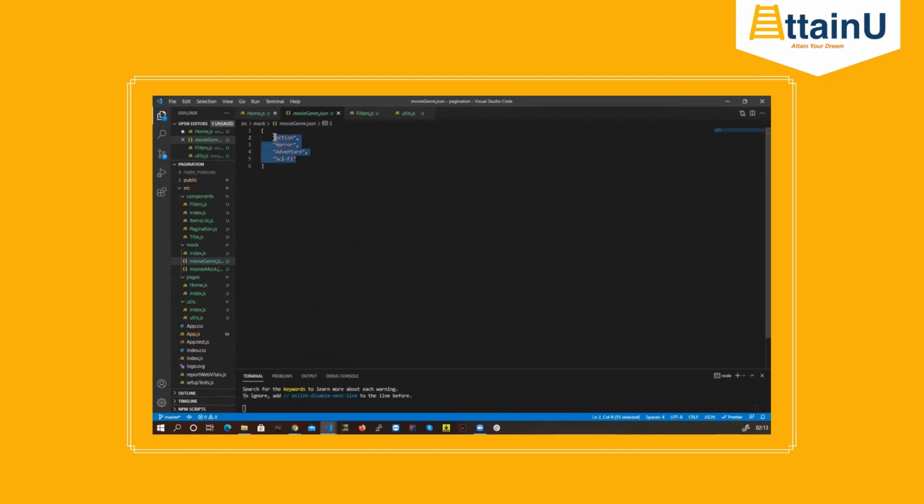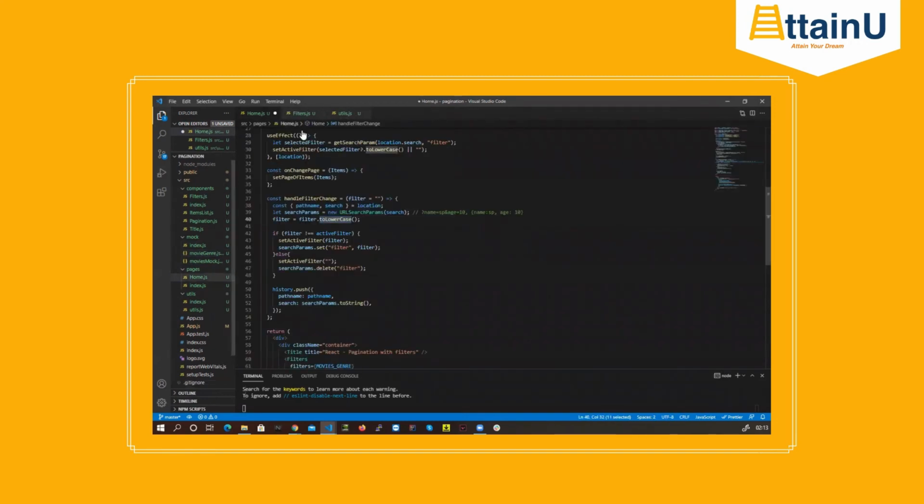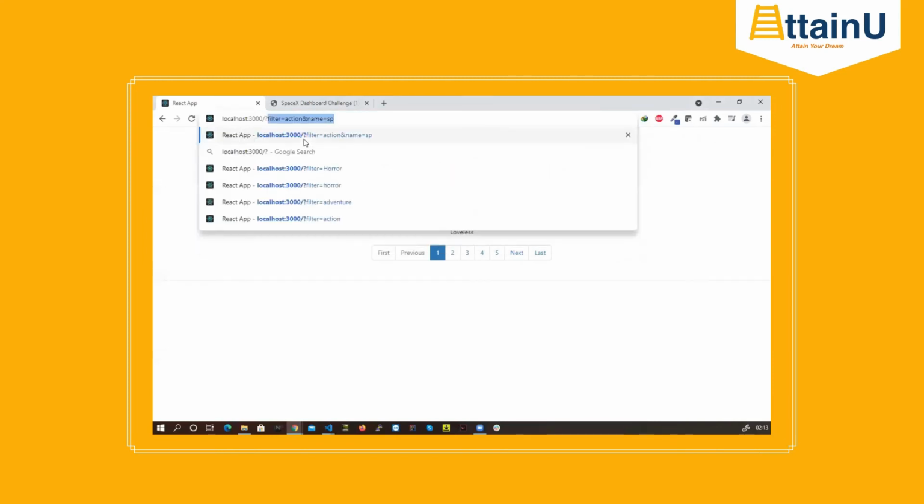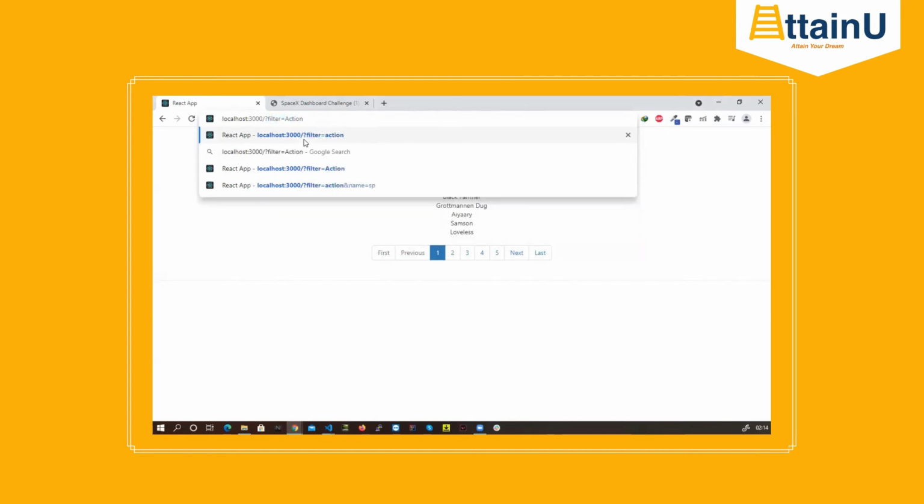Okay, it can change. So what I can do best in my code is I don't care in what form it's going to come to me. I will change each one of them to lowercase. The same is going to be true here. It might happen that someone can go here and directly type the whole thing, right? Filter is equal to capital action. Again, I cannot stop the user from doing this, right?